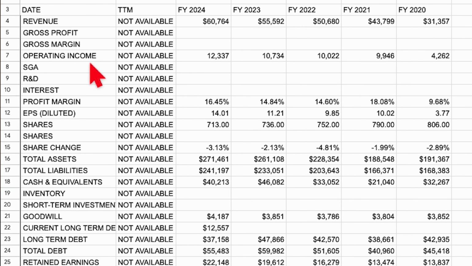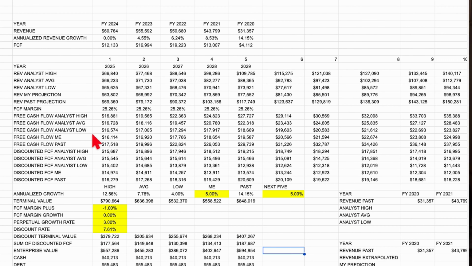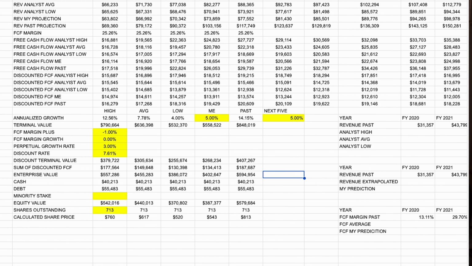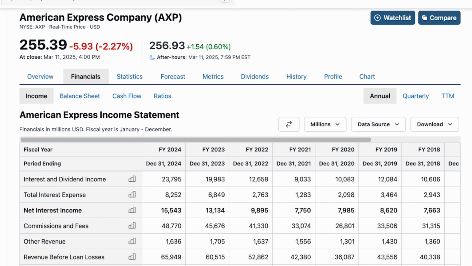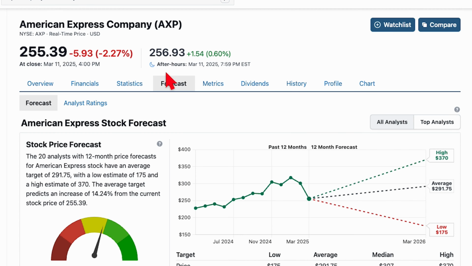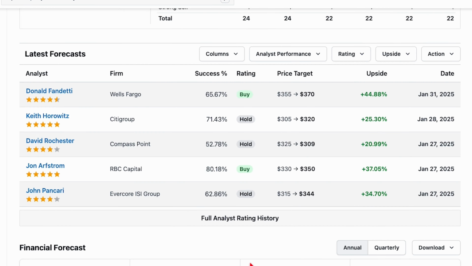It pulls revenue, gross profit, gross margin, all of that from stockanalysis.com, and then performs the calculation on this page right here for what is the intrinsic value of the company using its future free cash flows. So one thing that goes into figuring out the future free cash flow is the future revenue for the company. To find the future revenues, I like to go back to stockanalysis.com, go to this forecast section,